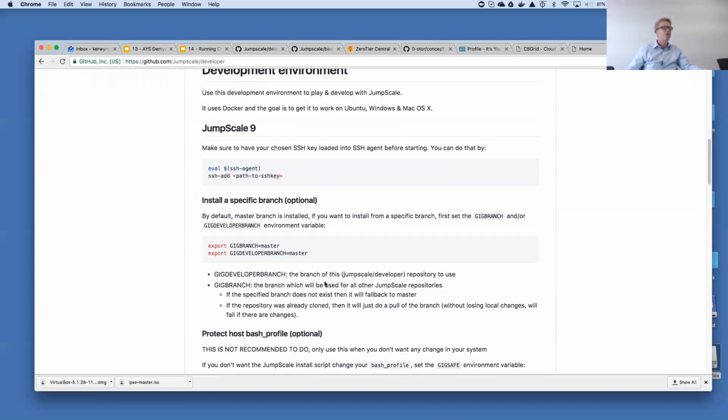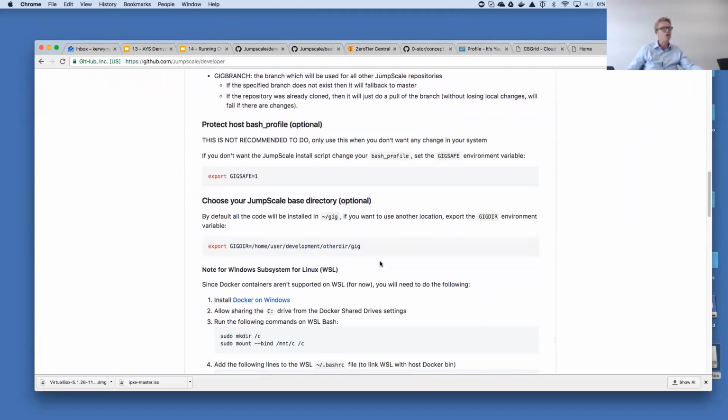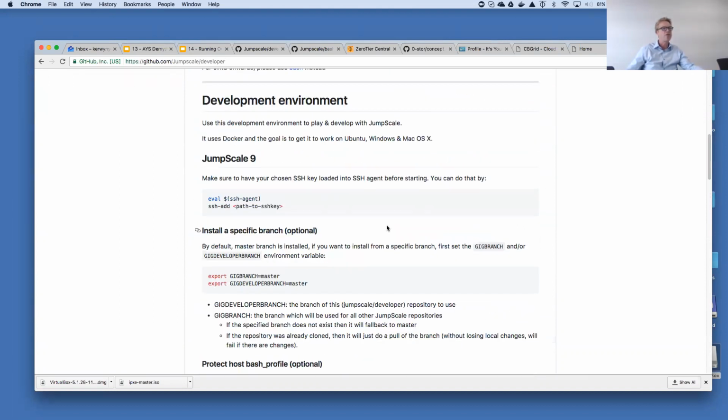Remember these tabs here in order to install. Remember, with the gig save and the gig dir and all the things you needed to do in order to install Jumpscale 9, for instance, Docker container on Windows or on Mac.